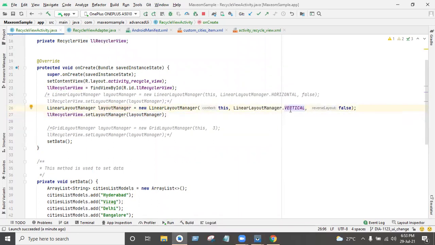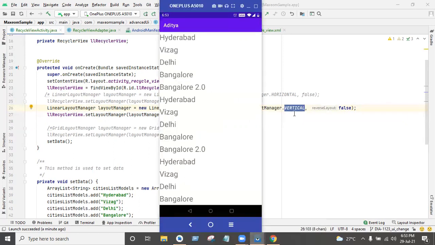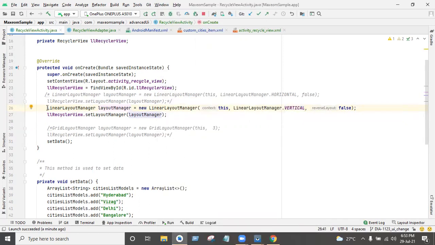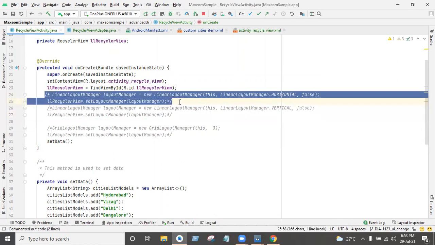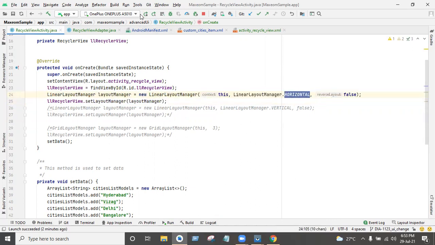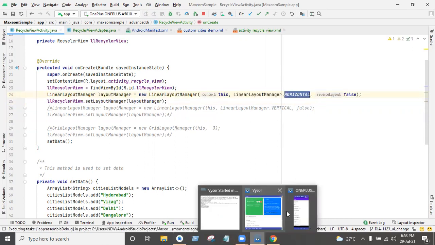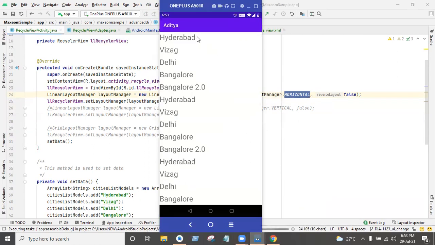By using vertical, you can see this code, right? Now I will comment this code and I will enable this horizontal code. I'm running my code. It will be horizontal in a single row.